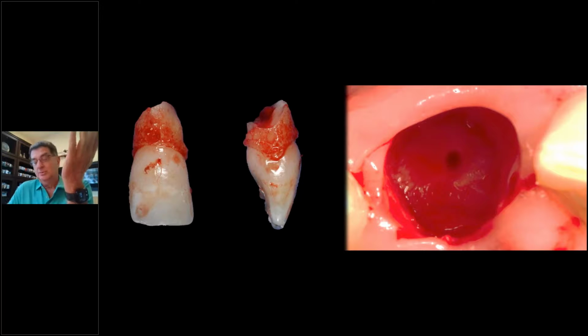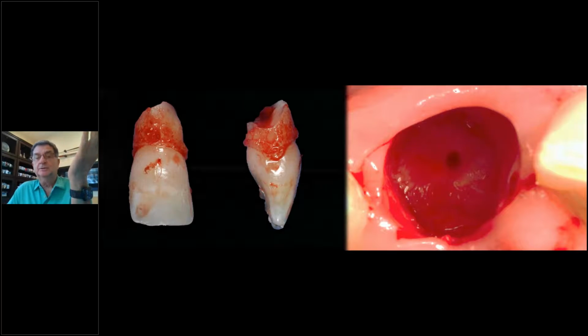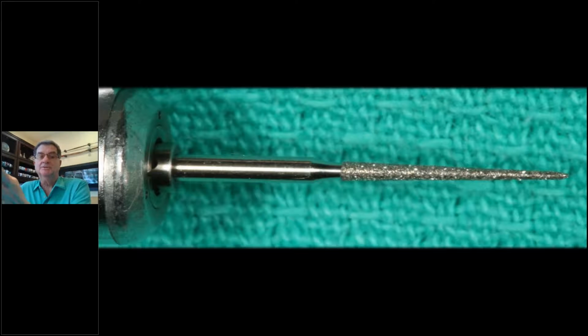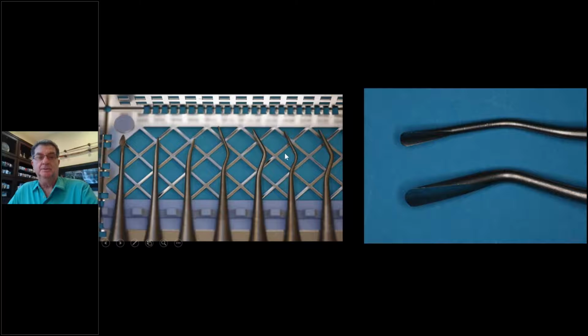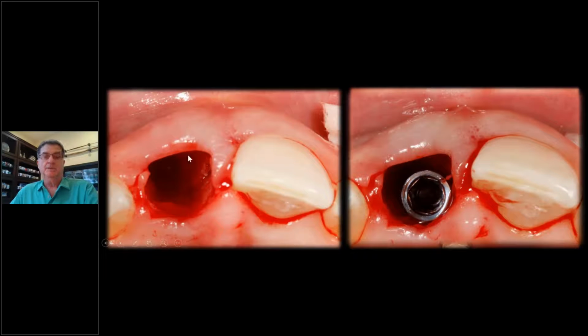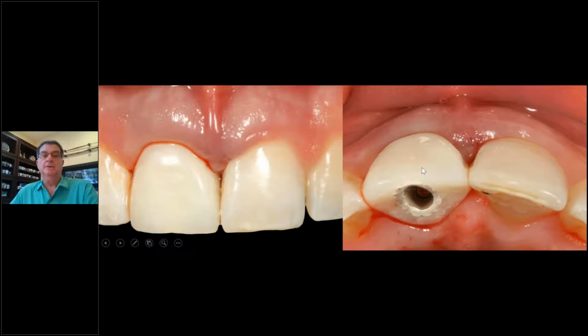What I do, there are a lot of ways to do it. I'll just show you my technique. Long, thin diamond burr. Brasseler makes this, 859 surgical length burr. It's long. I get this tip right between the tooth and the bone, and I open the ligament space up. And then I go in with these PDL elevators. They're not periotomes, they're elevators. They're very small elevators. It goes into the opening that I create with the burr, and then I get the tooth out.